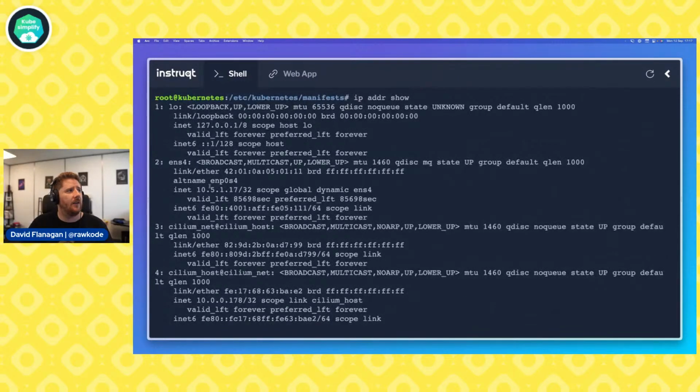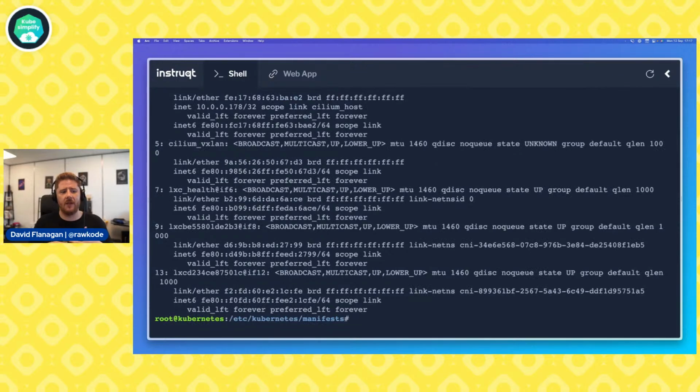And we'll see here that the local IPv4 address for this machine is 10.5, starts good, .1.17. So this is different. So our error message is telling us that we're trying to bind to an IP address that actually isn't attached to any of the interfaces on our machine. So we could add that IP address.